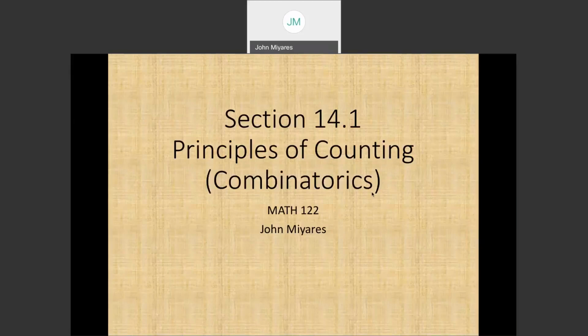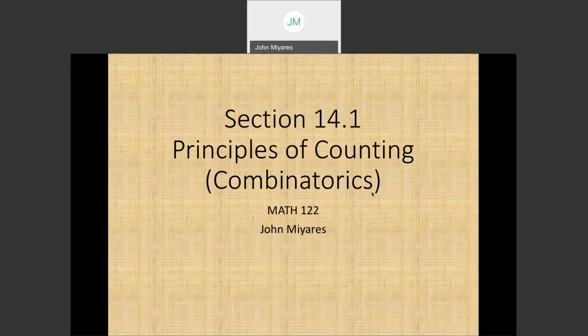Hello, this is John Miares, and in this lesson, we're going to take a side trip to section 14.1, which is only available in the electronic version of this textbook. If you only have a hard copy, I can make available copies of this textbook section in PDF form, but don't expect that it's going to meet guidelines for accessibility because essentially it's just a scanned copy of the book